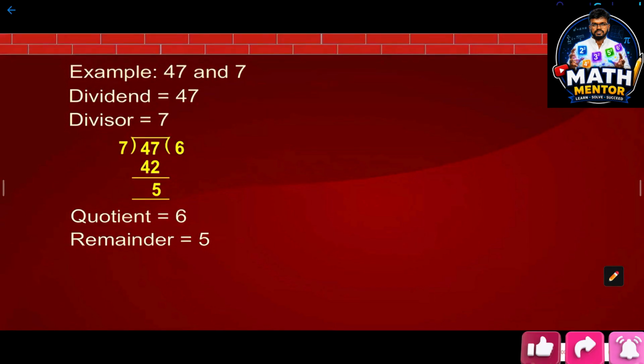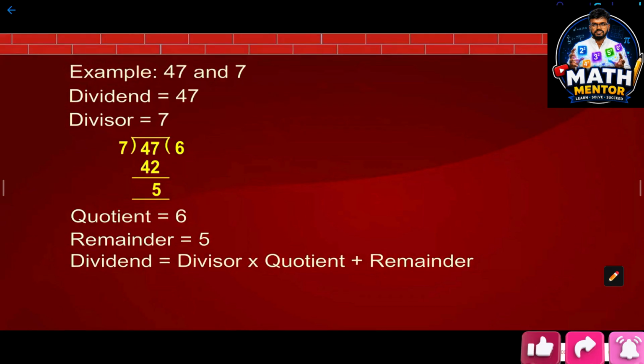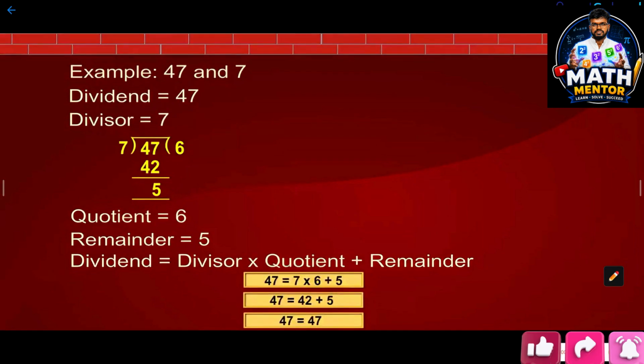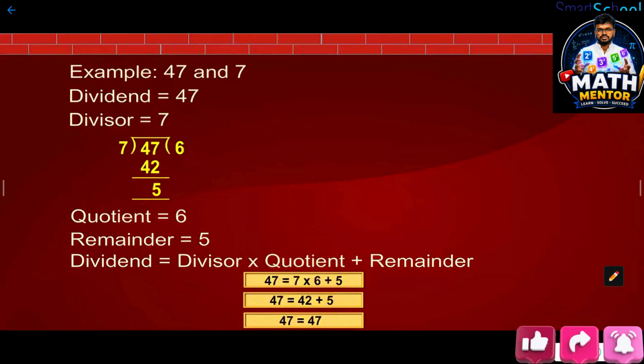We have learnt in the previous classes that dividend is equal to divisor into quotient plus remainder. We can check this by putting in the values. 7 into 6 plus 5 is indeed equal to dividend 47. And also, we have learnt that the remainder is always smaller than the divisor and is greater than or equal to 0. This statement is the Euclid's division lemma in simple words, which in the form of the theorem is stated as: